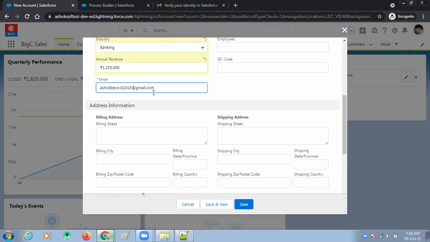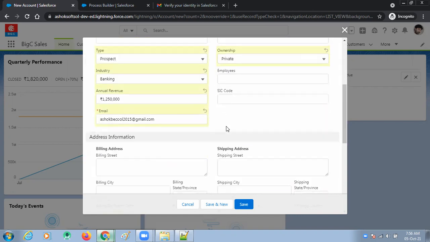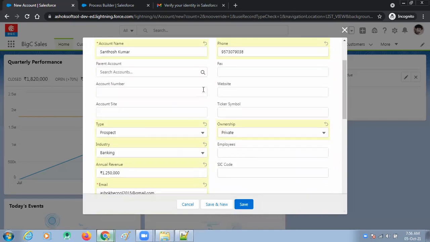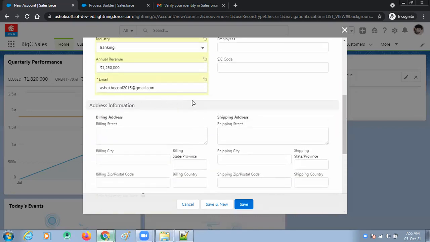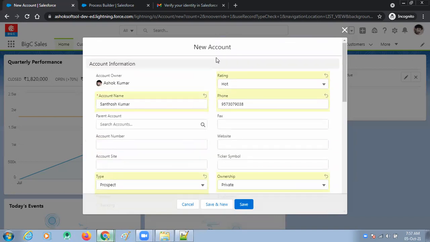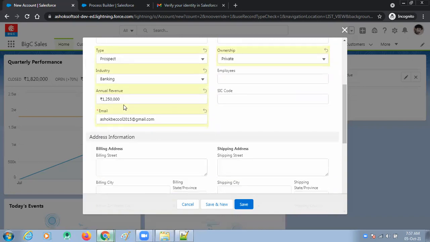There is no email field on the standard account object, but this is a custom field I created in the account object. It is a mandatory field. In your environment this field is not available, so don't worry about it. It will not appear in your contact object, because this field was created by me and it is also a mandatory field.